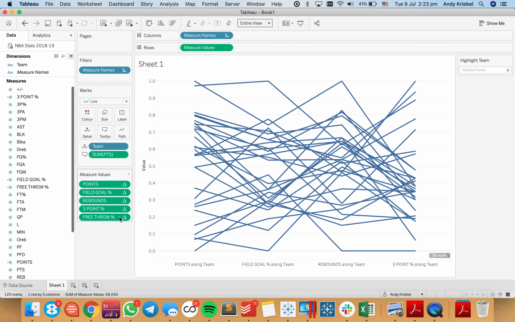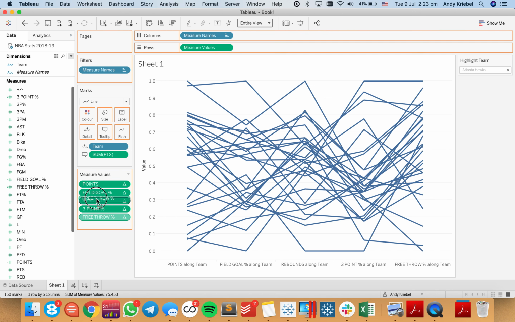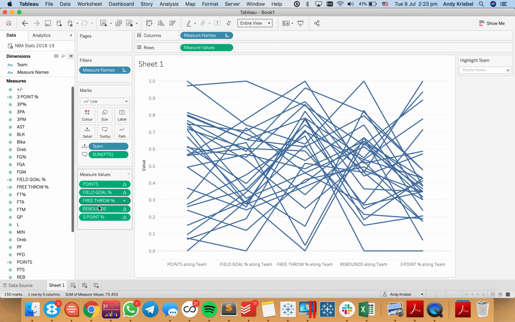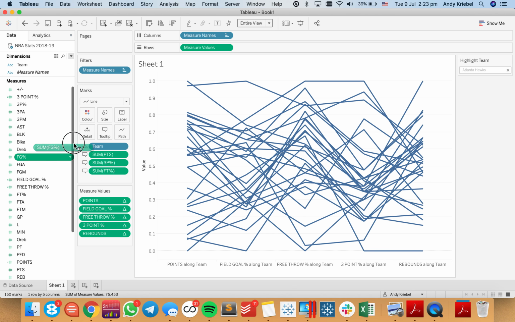And we can put that in the view and compute that by team. I'm going to put that up next to 3-point percentage, and I'm going to move rebounds to the bottom. I also want each of the metrics in the view. So I'm going to put 3-point percentage, free throw percentage, field goal percentage, and rebounds